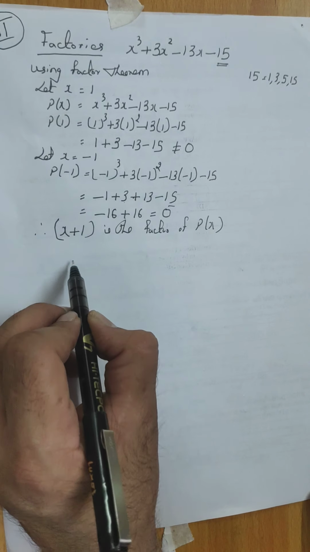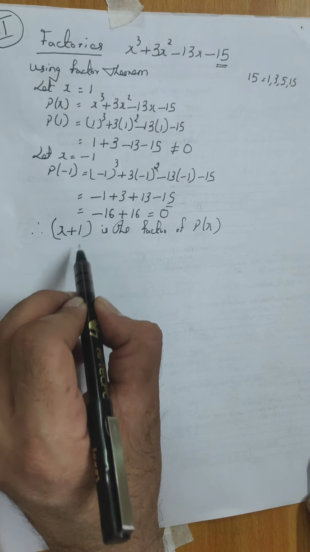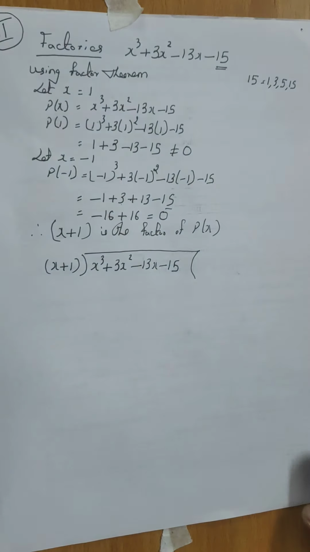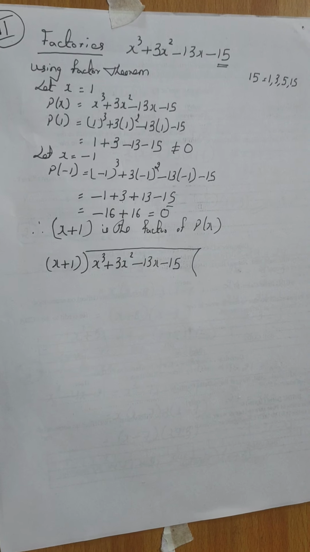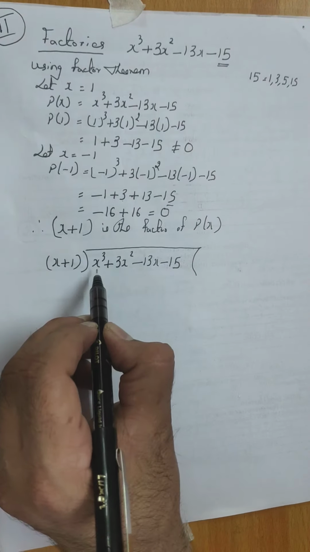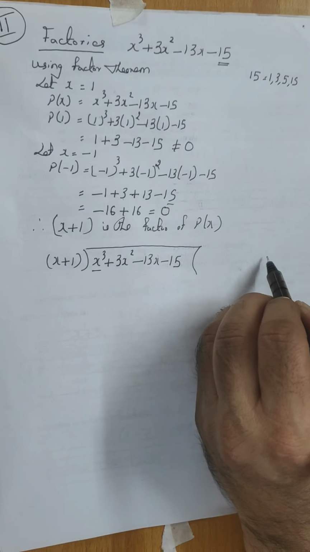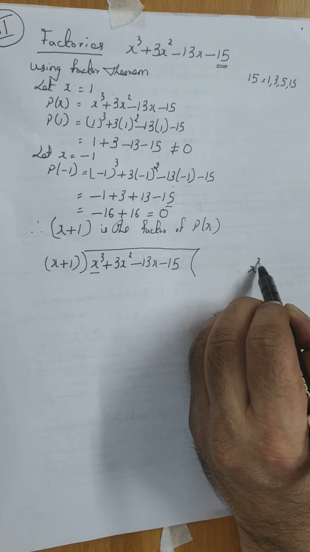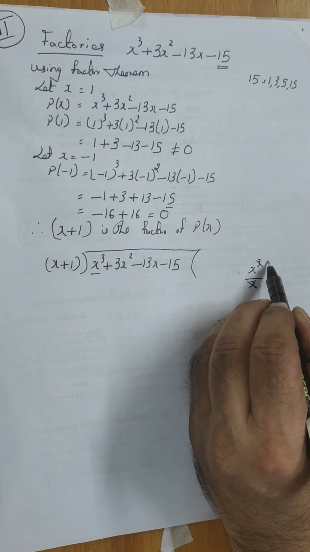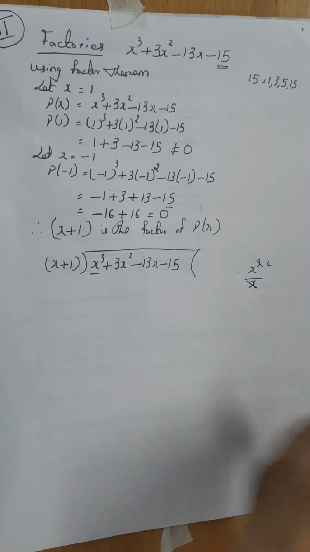Now the second step is, with the first factor, you divide this polynomial. Long division method, I have just explained in the previous video. This is the dividend. You have to write in this way. Clear? Then, as I have mentioned in the previous video, take the first term of the dividend and divide it with the first term of the divisor. x cube by x, x will get cancelled, I'll get x square. I'll write here x square.